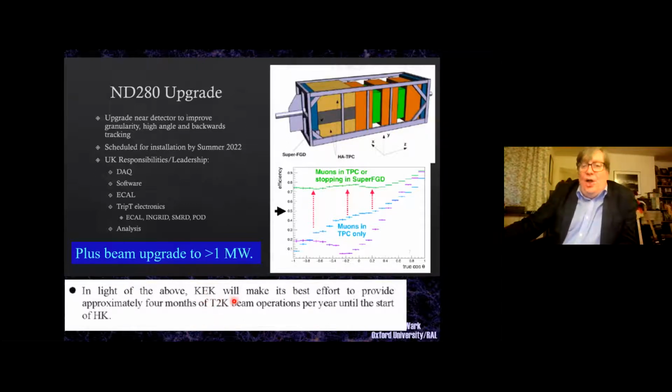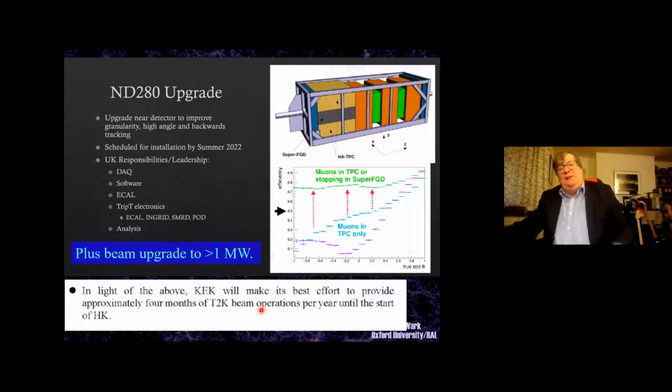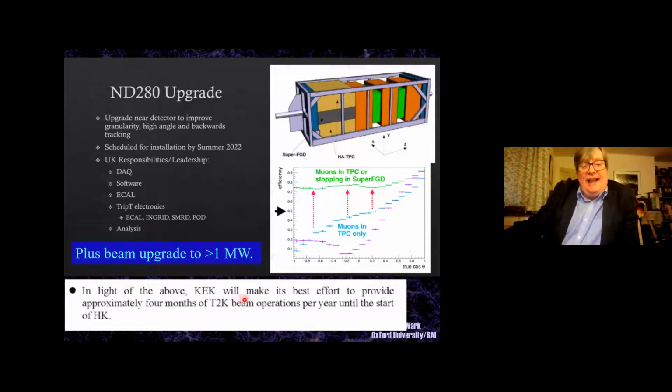And then down here is this little line. When you think of science as this great grand enterprise, you don't realize how much grubby reality there is in it. This little line buried in a KEK report might seem like nothing compared to these wonderful detectors I've told you about. But it says that KEK will run our beam for 4 months a year for us to take advantage of these new detectors. That costs them, over the 4 years they'll have to do it till Hyper-K turns on, about $40 million. So this one little line in a report is them spending $40 million on us. Thank you very much, Japanese taxpayer.